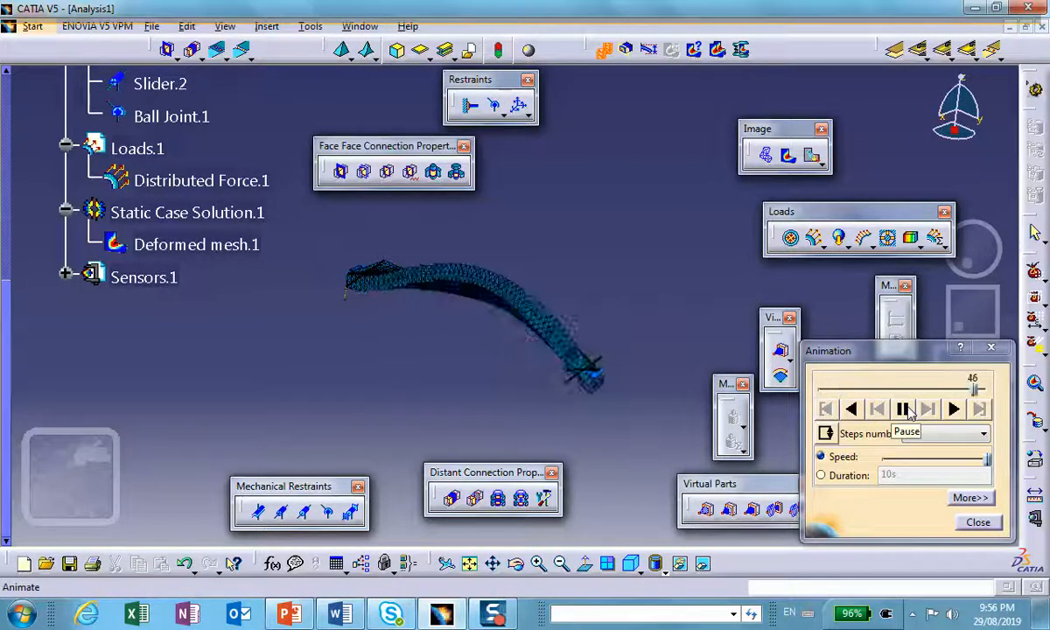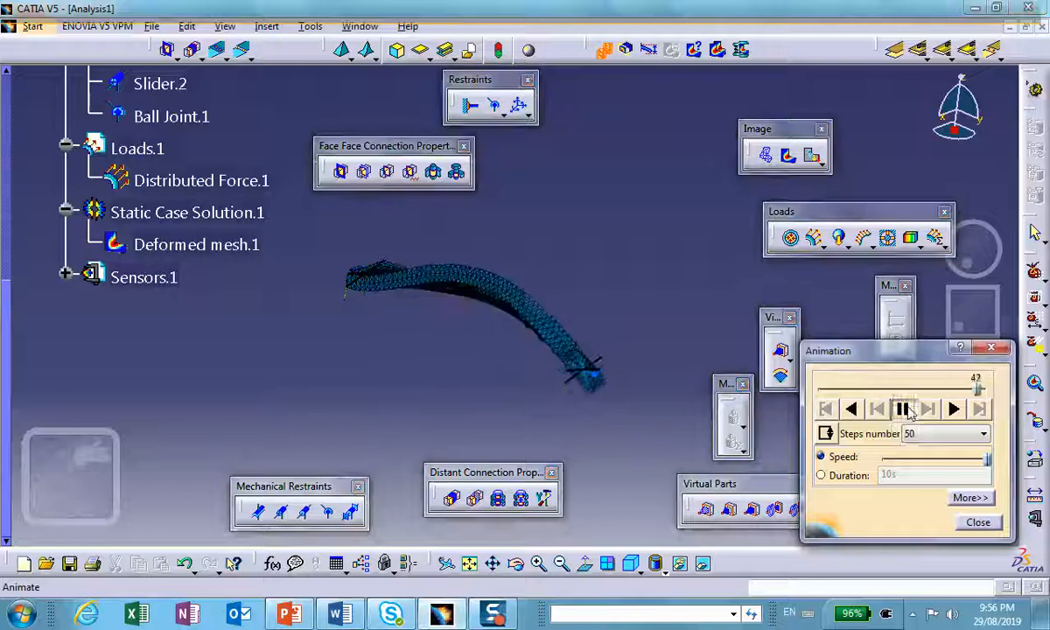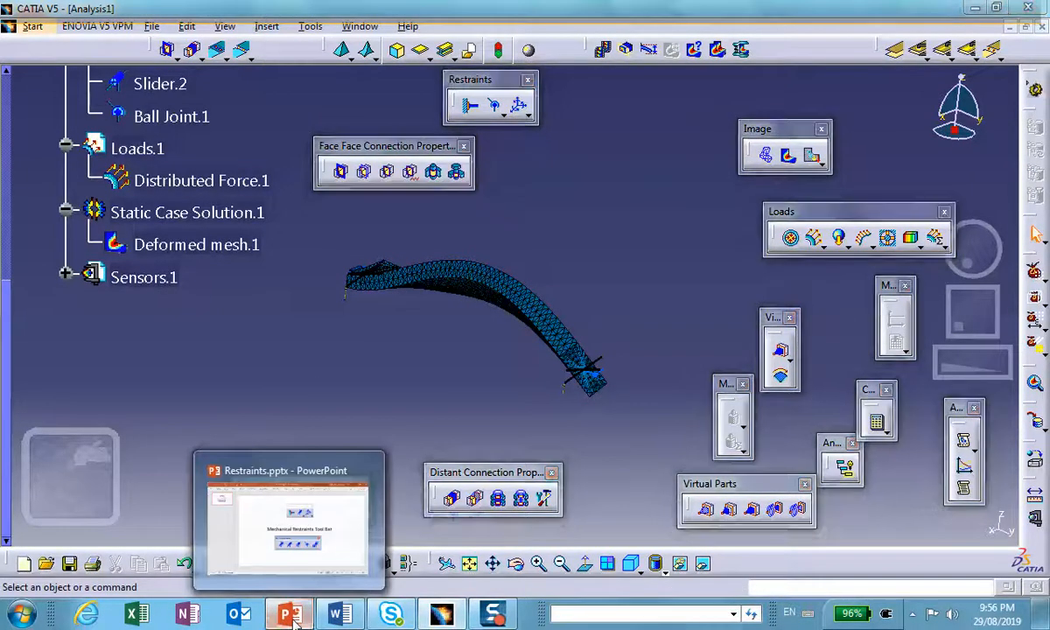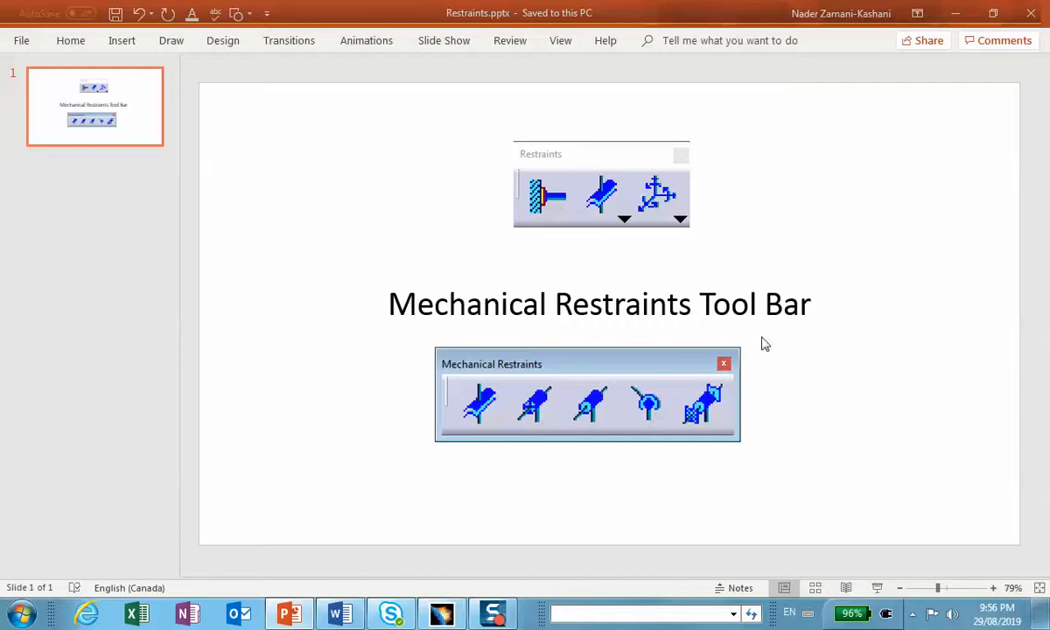All right, I hope that this sheds some light on this mechanical restraints toolbar. I don't use it very often because some of the stuff that you want to do can be done with extra additional work using user-defined restraints and perhaps slider surface. But this is useful in many situations, and